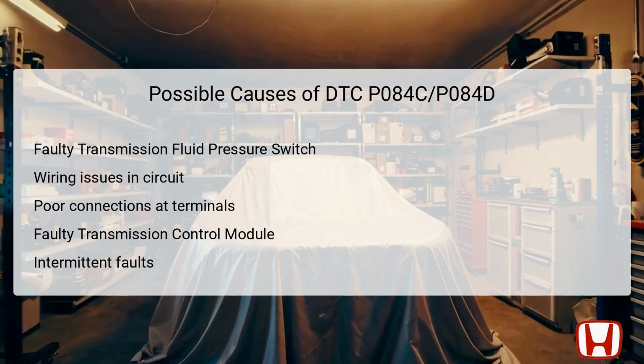The potential causes for DTC P084C or P084D can include a faulty transmission fluid pressure switch. This component can fail either with an open circuit or short circuit, leading to inaccurate pressure readings. Wiring issues in the circuit can also be a significant factor, as damaged or frayed wires may cause signal loss or interference. Poor connections at terminals can lead to intermittent failures, causing the system to be operational one moment and